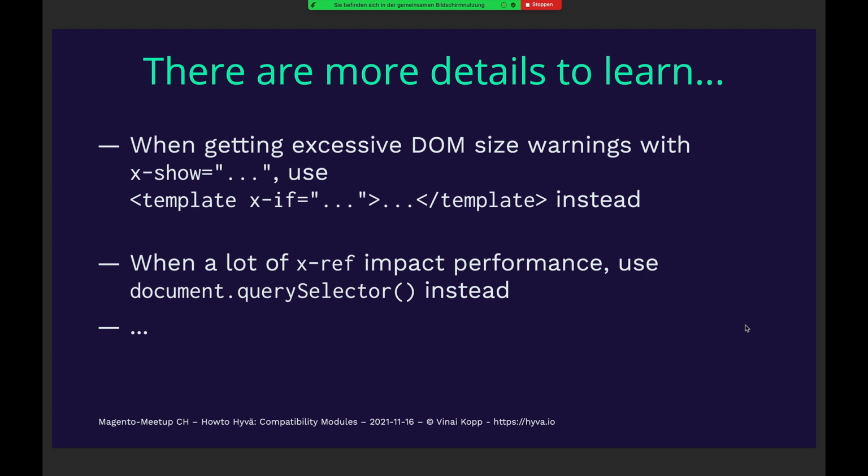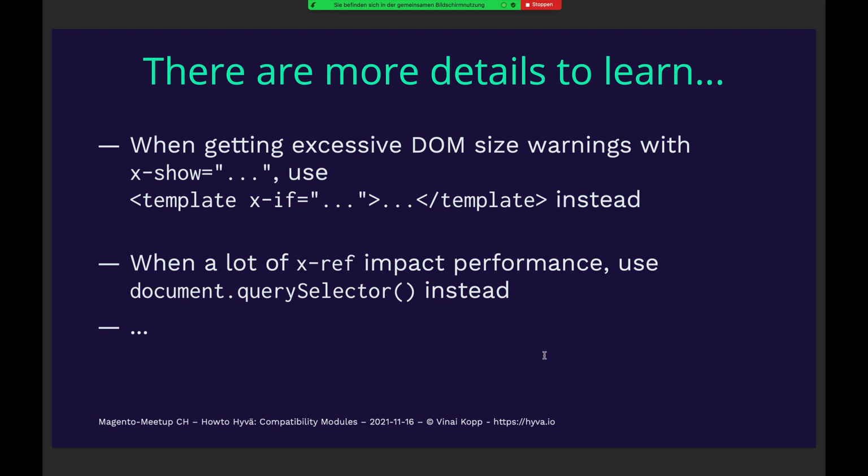Like, for example, at one point I was using Alpine to either show or hide parts of the DOM depending on whether something should be rendered in list view or grid view, and I had a couple of hundred nodes, and all of a sudden Google PageSpeed was giving me excessive DOM size warnings. And a solution there is to use the Alpine.js template tag to exclude parts of the DOM. It'll be completely ignored. Google will ignore it, and it won't actually cause that problem anymore for the core web